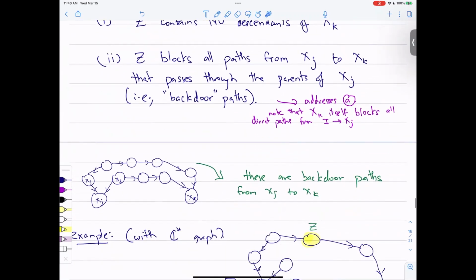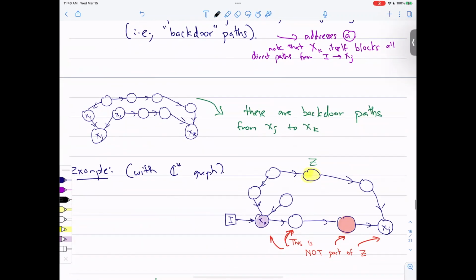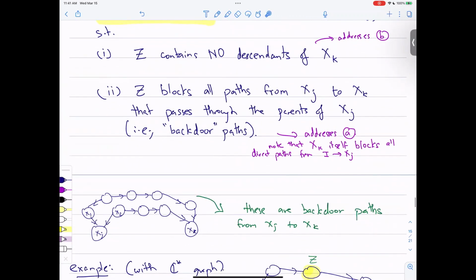Well, the backdoor criterion says the following. I want to find a valid adjustment set, which is different from where you're intervening and the target. So this is a picture. This is where you're intervening. This is the target. So the backdoor adjustment has